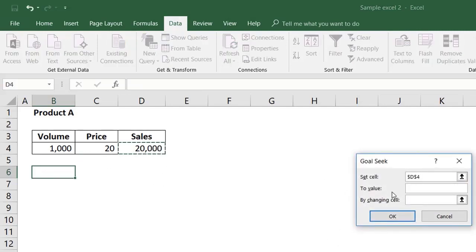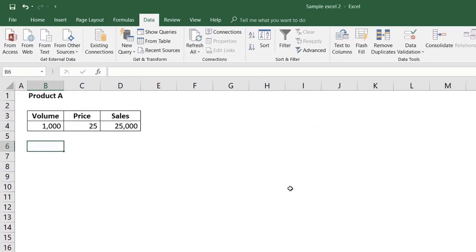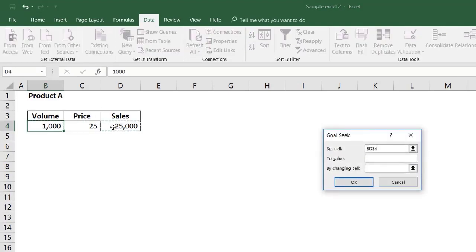Goal seek, I want this sale number to be 25,000. In this, we know that the price becomes 25, so multiplied by that, we'll get 25,000. So let's see this in action here. Now, here is where I will create a little bit of complication, where I am saying that instead of this to be 25, I want this to be